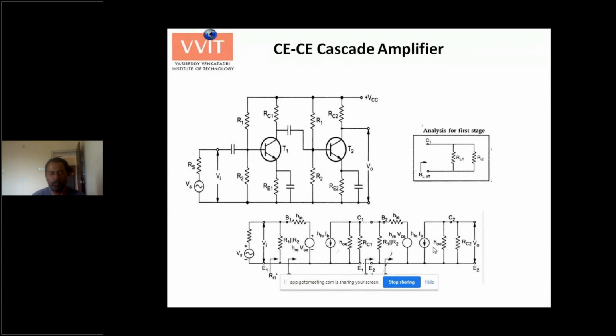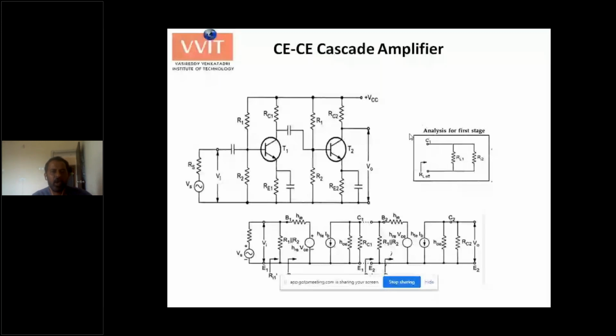So you have to follow a certain procedure. While doing problems, please observe whether you are given R1 and R2. If R1 and R2 are not mentioned, please remove them. That means for the time being, for the sake of simplicity, we are not using the biasing network. So you have to assume that. To analyze, this is the stage one or input stage, the first amplifier. This is the second amplifier. You may be given one more amplifier stage. Also, in exams you may not get beyond 2 amplifiers. Sometimes you may be asked to find overall voltage gain and overall current gain when 3 amplifiers are connected in cascade like this.